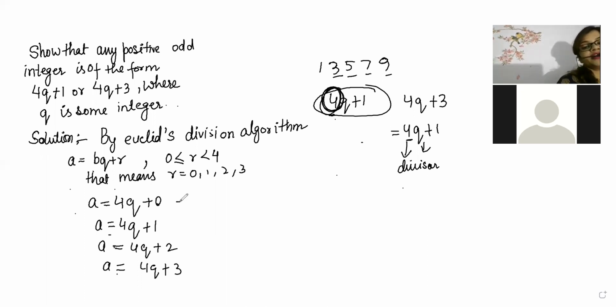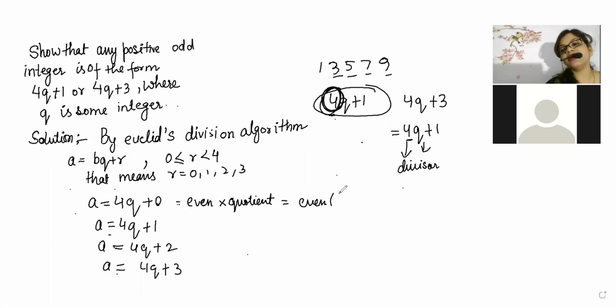Here look, beta, here it is given even. 4 is what? Even. Now even into quotient is exactly coming as an even number. Why? Because an even number multiplied by any number will give you an even number. 2 4s are 8, 2 3s are 6, 4 2s are 8, 4 3s are 12, 8 2s are 16, 8 5s are 40. That means whenever an even number is multiplied by the quotient, it will always give you an even number.